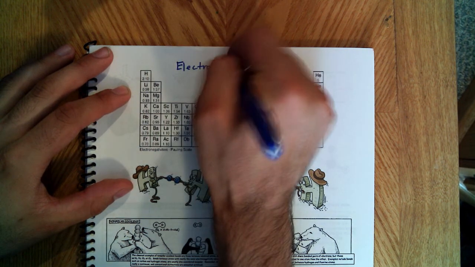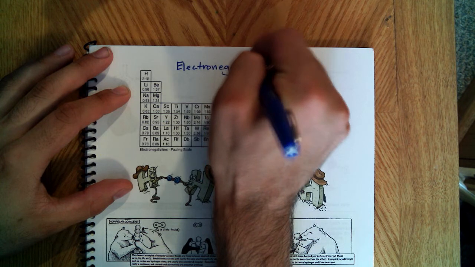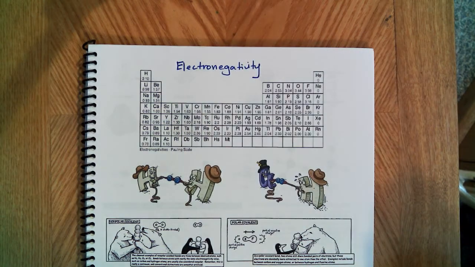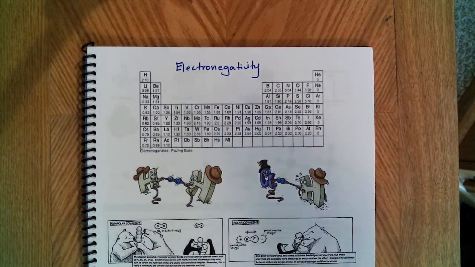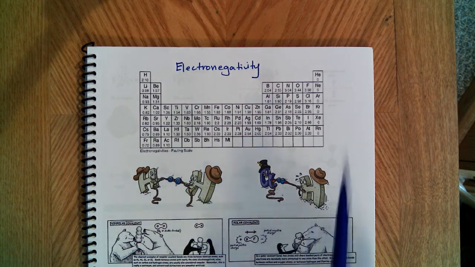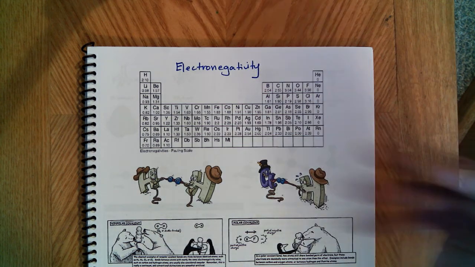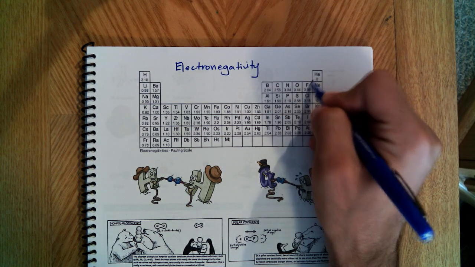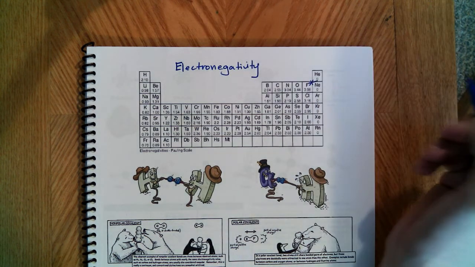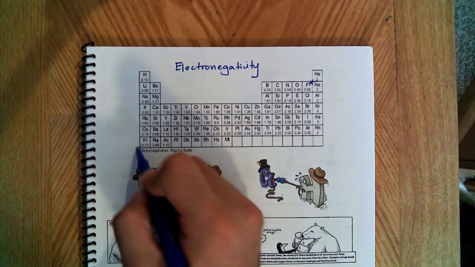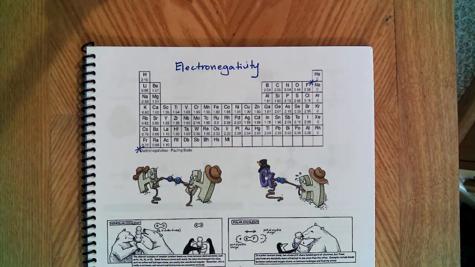Electronegativity was looking at the attraction by an atom for valence electrons in a bond. So, for example, we looked at the entire periodic table and we saw that there was a trend in electronegativity, that the element with the highest electronegativity was fluorine in the upper right, lowest was down here, the lower left,